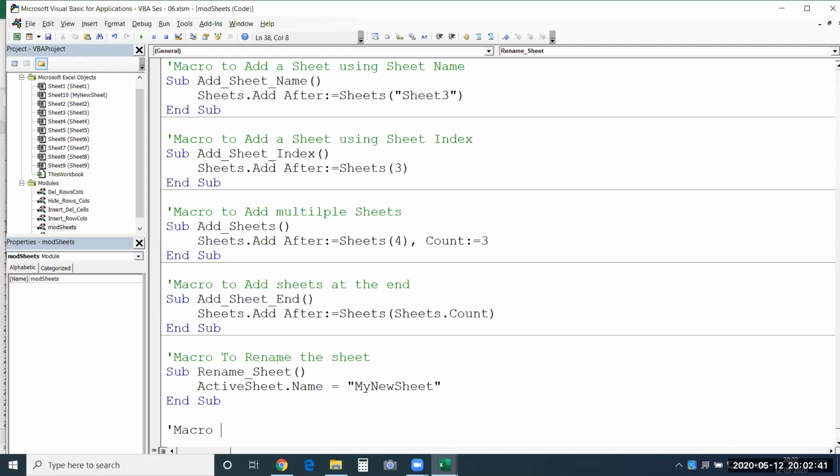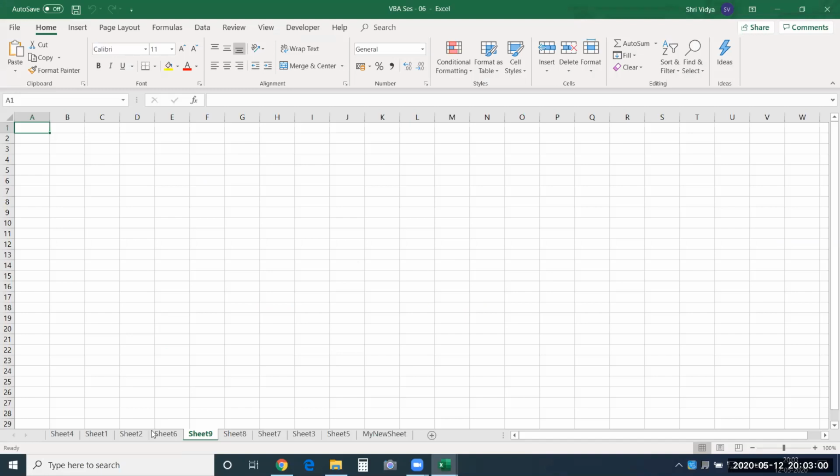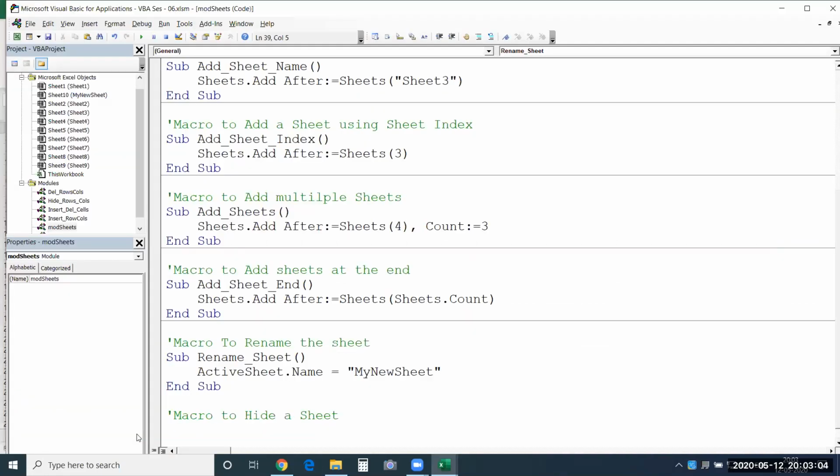Say macro to hide sheet. Again, you can hide a sheet by its name, active sheet, or sheet index. So you can use any of these three methods. I'll just go here. I'll mention I want to hide sheet 2 by its name. So I'll start off with the macro sub